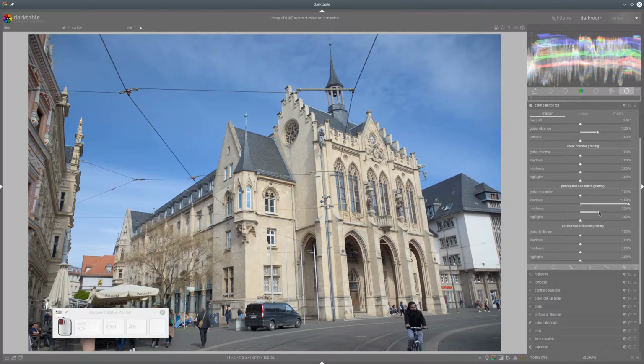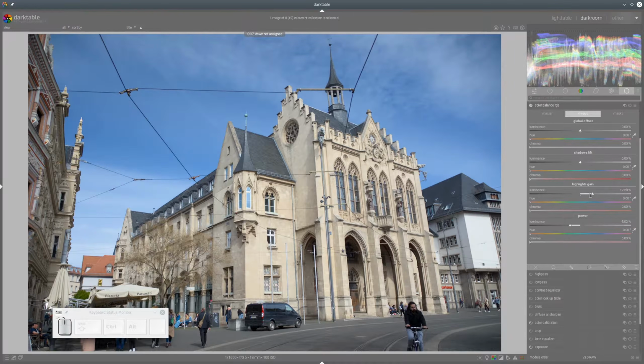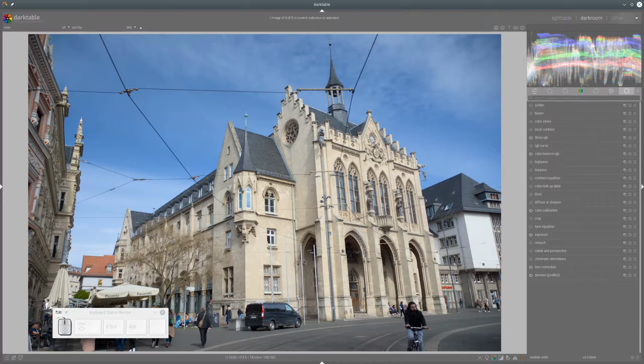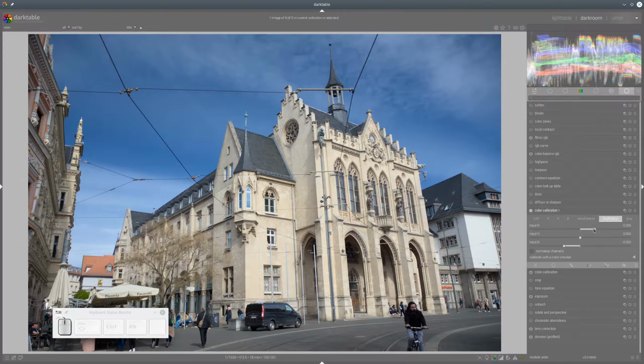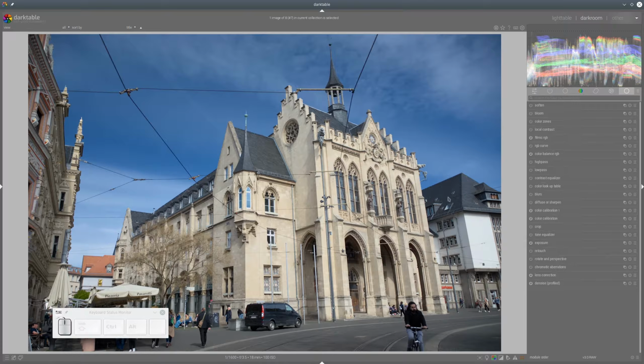We need to improve saturation, but also add some contrast through that. Something like that. And I would also like to darken a little bit the sky here. So let's do that also. We will use the next instance of color calibration module. Now we have a nice scene here, but